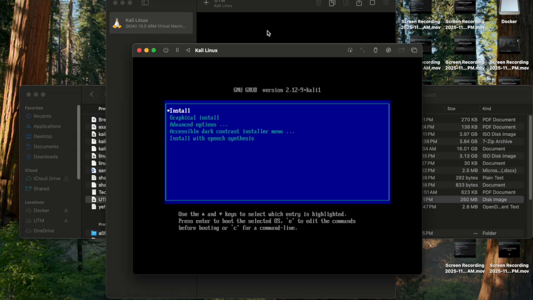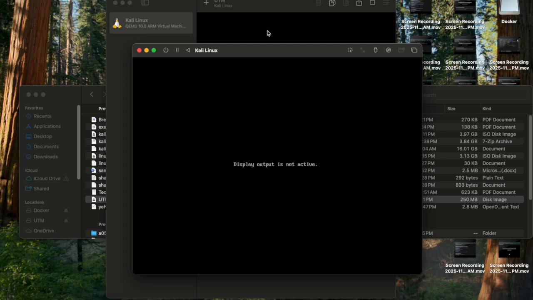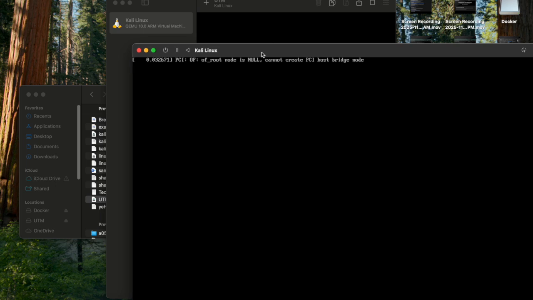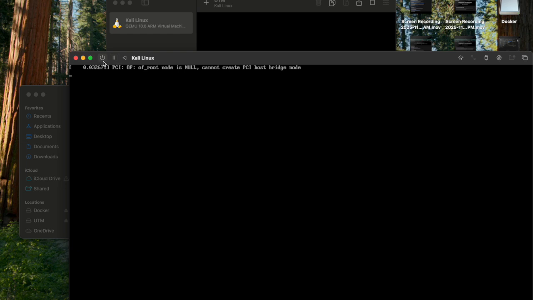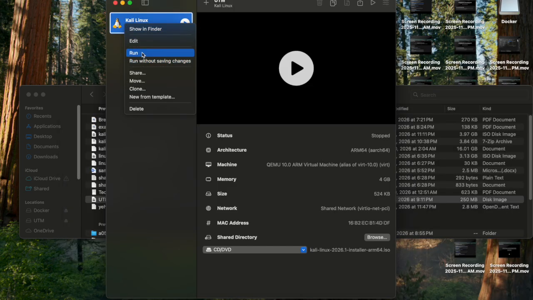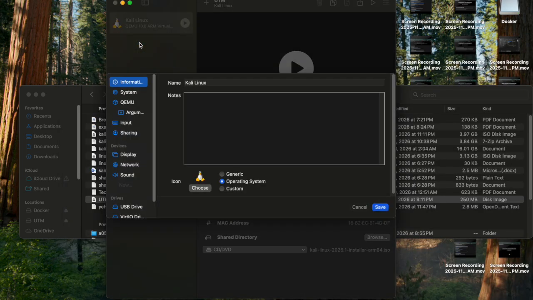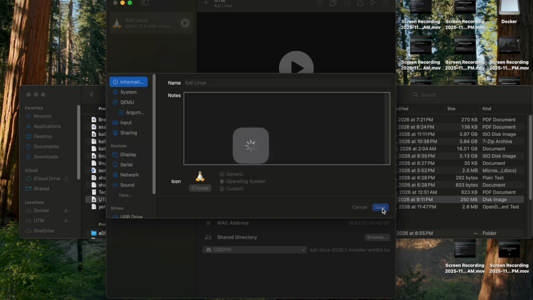So for this part, it doesn't really matter, install or graphical install. You could do either way. You get this black screen right here. So what you're gonna do is X out of that. So just power it down, right click on here, click edit, and go down to new serial, and click save,